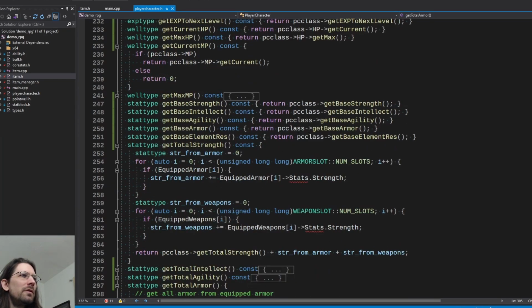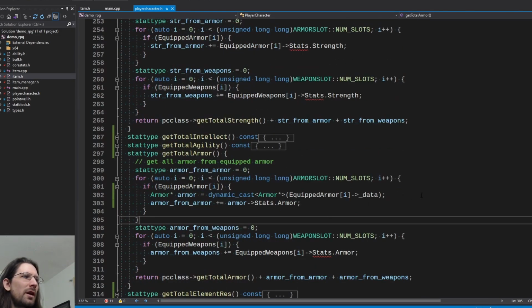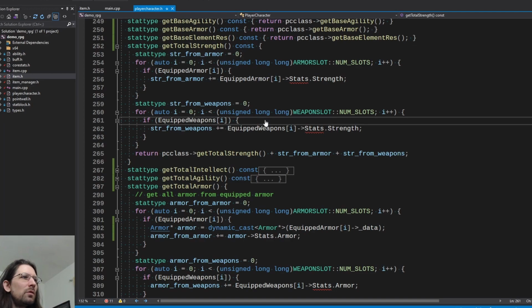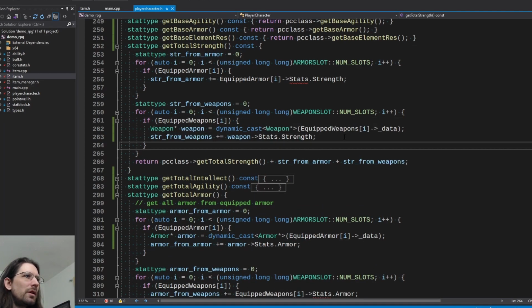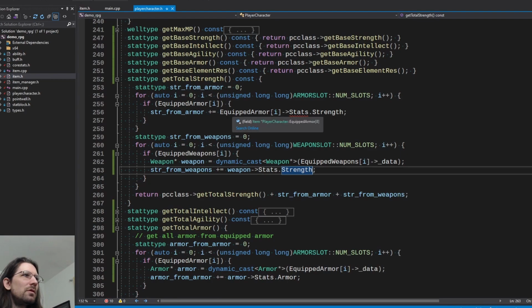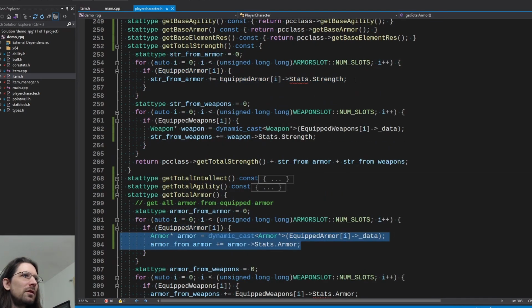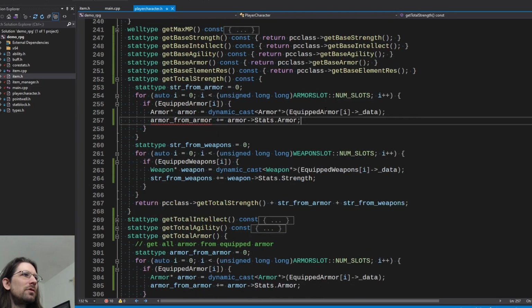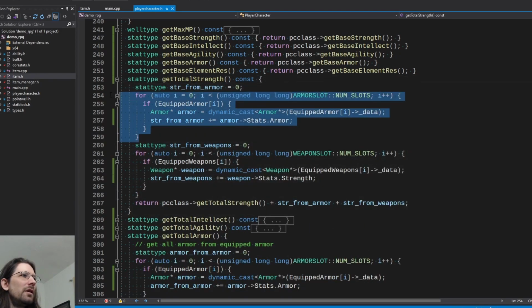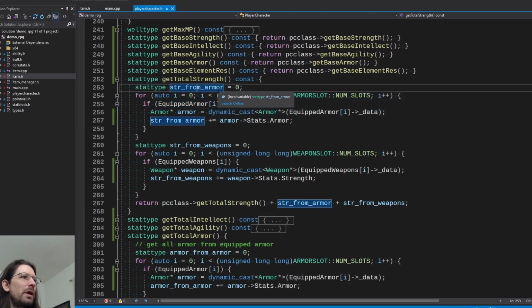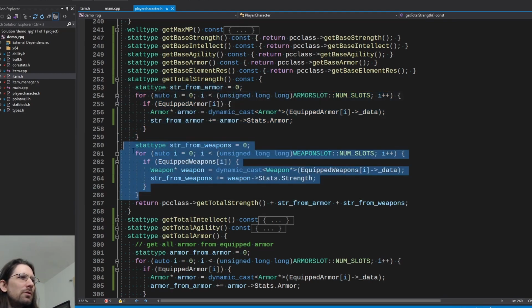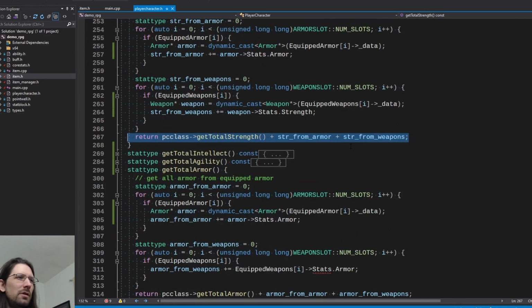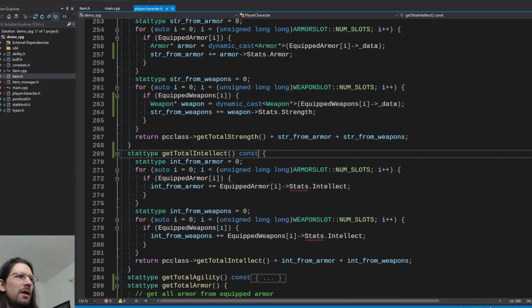And we're essentially going to do the same thing for all these other little red underscores, is we just have to do this cast. So I'm just going to copy this right here and we'll straighten it out on all these. Okay, there it is on the get strength from weapons. We also want to get strength from armor, just in case they have magical stuff. I think we did this a long time ago in one of the episodes, but this should be strength here. Okay, because this is in the get strength. We just want to total up the strength we might be getting from magical armor and magical weapons and put it all together. Pretty standard stuff there,